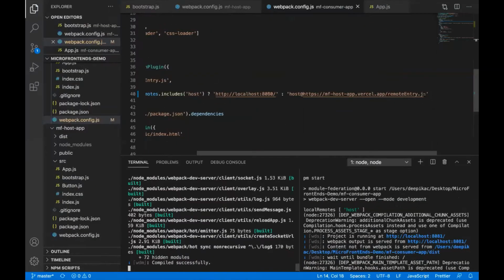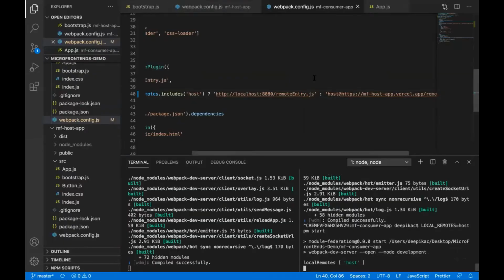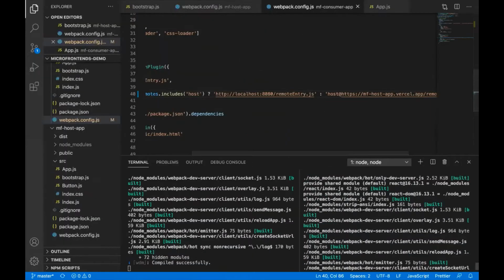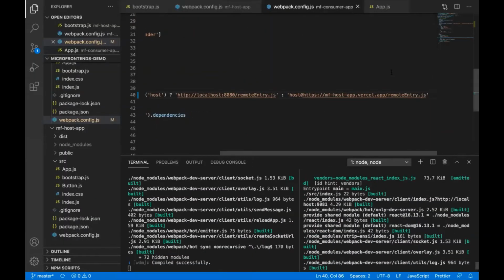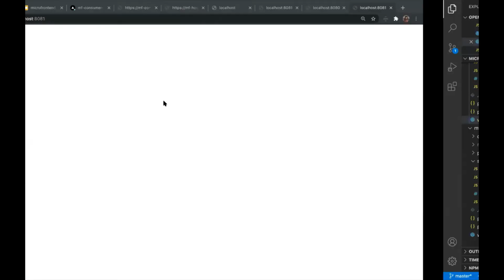Okay, remote entry. I keep forgetting that one. As it is exposing via a special entry file, that is remote entry, you have to include it there. And something. Don't you need to prepend a host at the rate?